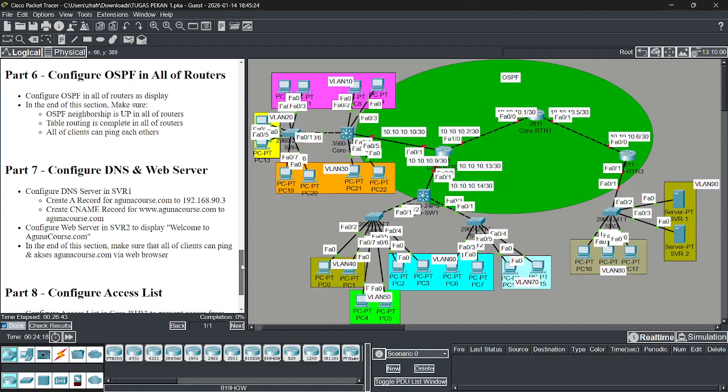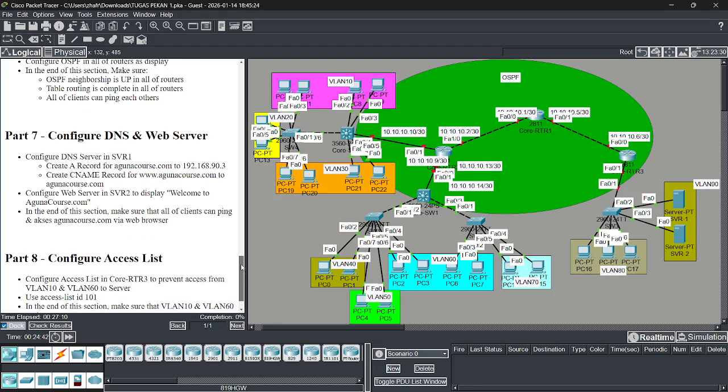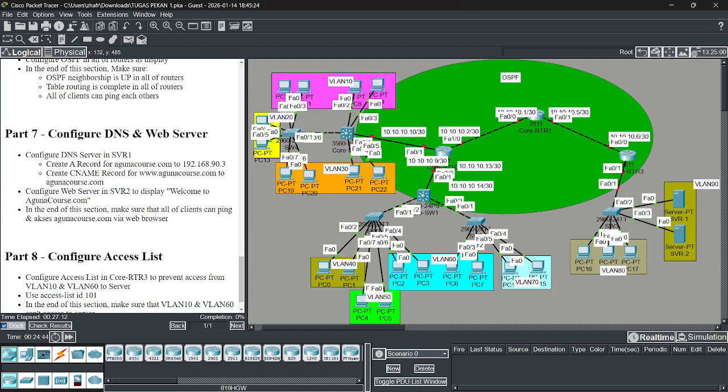Part 7, configure DNS and web server on server 1, with lagunacourse.com and a CNAME. At the end of this section, make sure that all clients can ping.